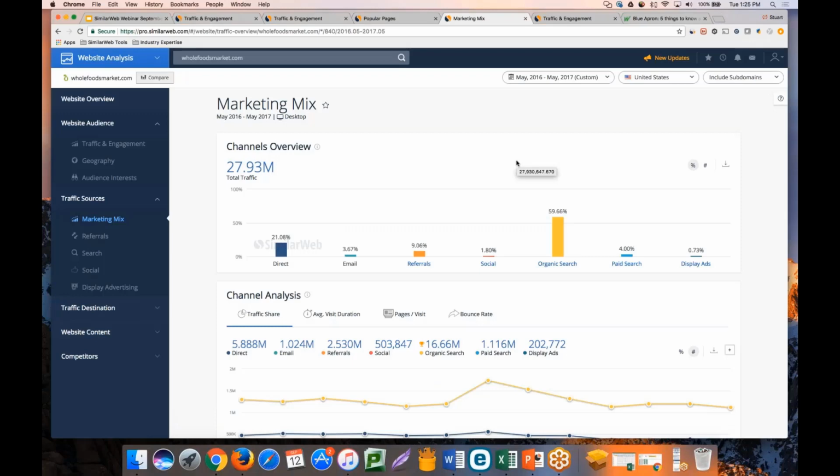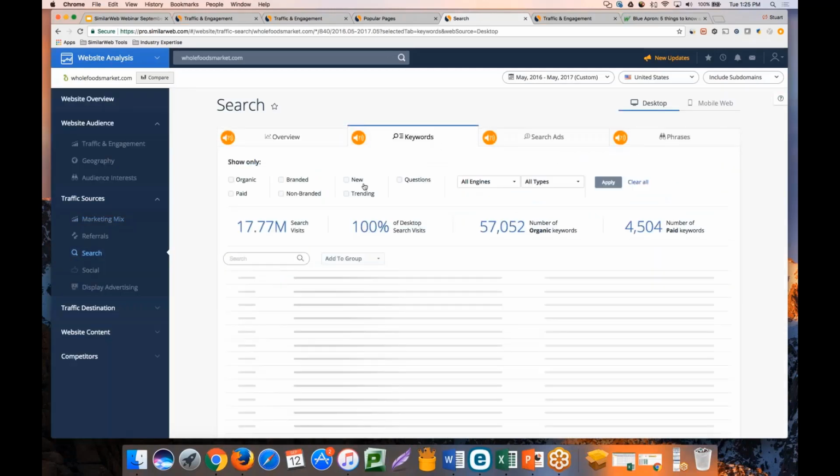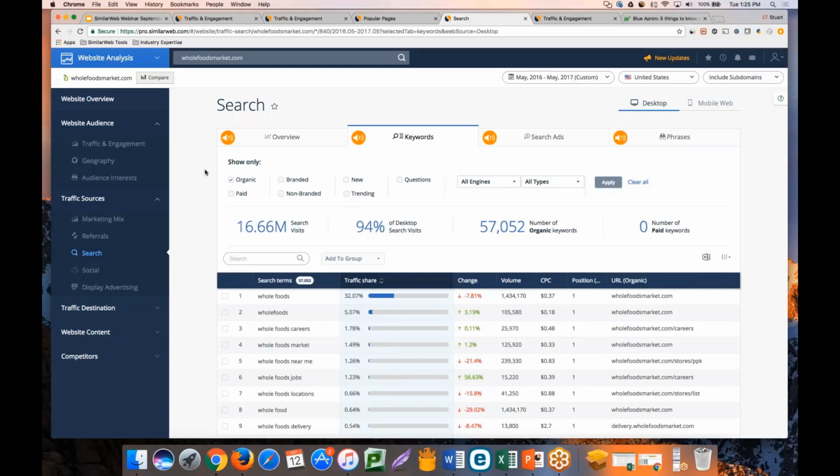And what we see even further, diving deeper, is this is actually fueled by branded keywords, most of which are related to store locations and career opportunities. Only one of those 10 top words is actually related to deliveries. We can go into the specifics, and I'll filter that by organic to give full insight into the keywords that are driving that 60% of all traffic to